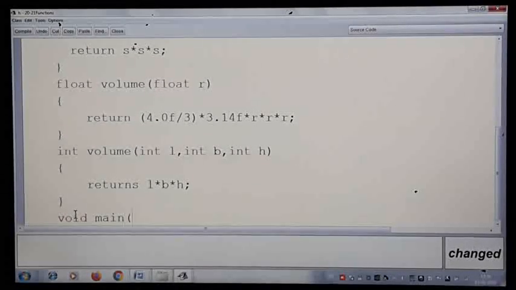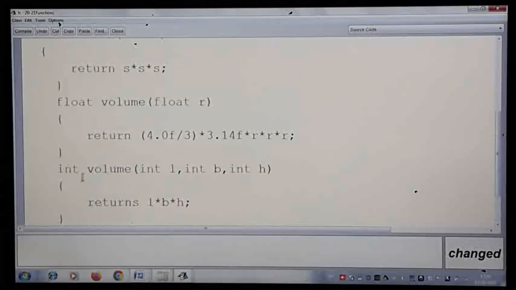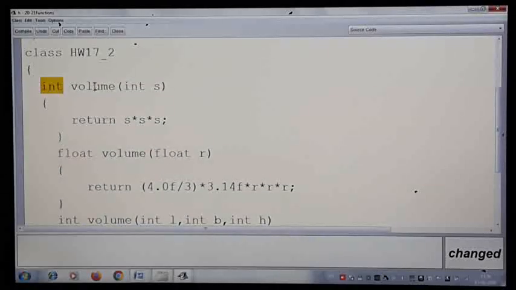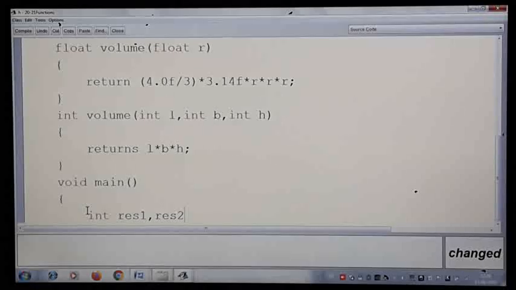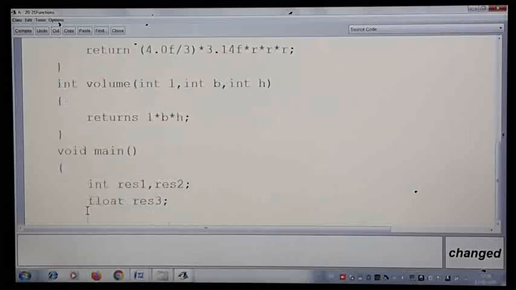Void main. Then here, as I said, 2 methods are giving you an integer result, and one of the methods is giving you the float value. So let me take integer result 1, then result 2, then float result 3. You may change the order also, result 2, 3 and this may be result 1.